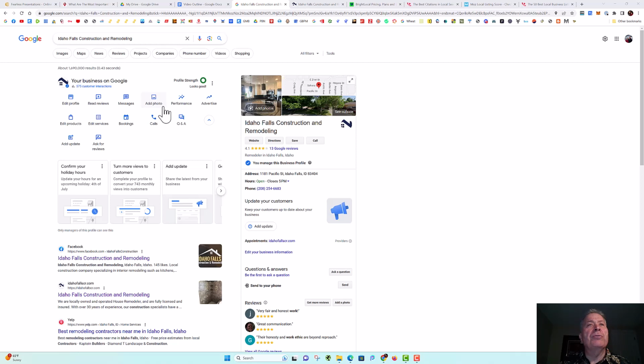Make sure that you get those photos taken, and then optimize those photos before you upload them for all your keywords, and also for your physical location with GPS coordinates on there.